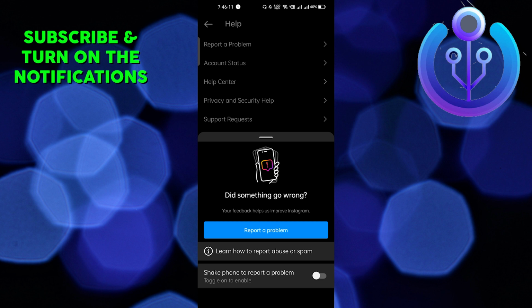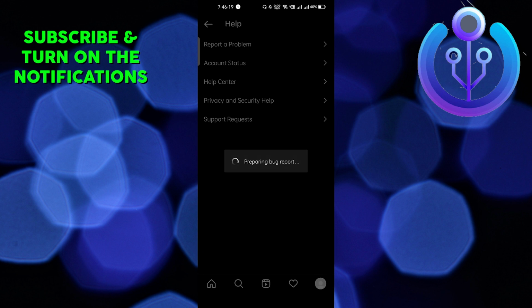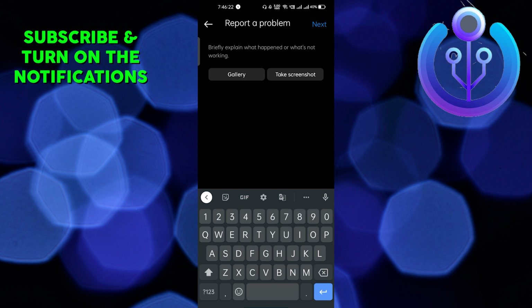And there is another way you can report a problem, shake phone. So wherever you are getting that problem you have to shake it, but that doesn't matter, you can just click on report a problem. And here, if you have a screenshot showing that you are not getting the invite collaborator feature, you can attach that screenshot, and after that here you have to write, hello Instagram team,